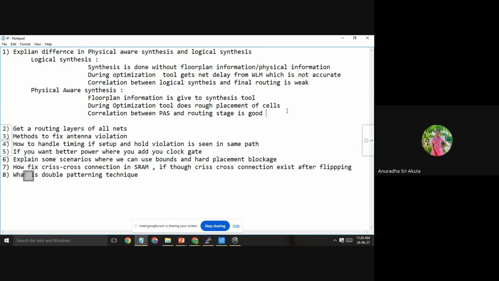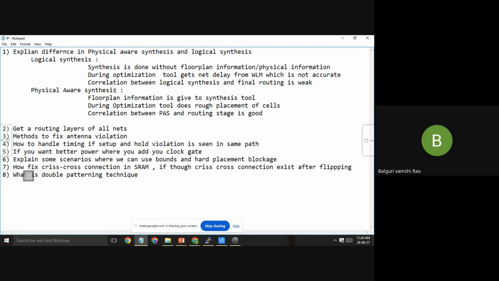Sir, if we did logical synthesis, we already know core area, die area, how much cell count, utilization, all matter we know. Then why do we go directly to floor plan without physical synthesis? Can't we go directly to floor plan without physical synthesis?